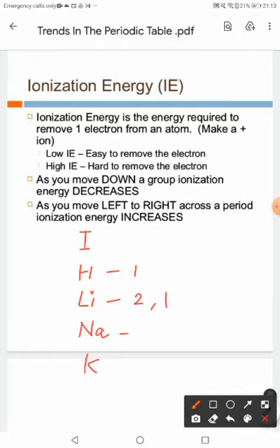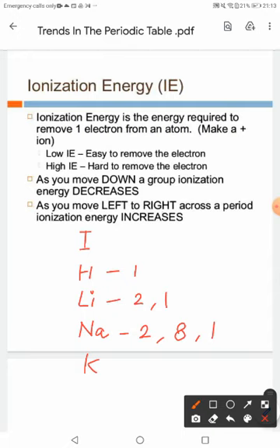Sodium will have 3 shells with 2, 8 and 1 electron. We know that a maximum of 2 electrons can be occupied in the K shell. Then the L shell will have 8 electrons and the last electron will go in the next shell. So first group elements will all have 1 electron in their outermost shell. They all need to remove 1 electron. So it is easy for them to lose an electron.